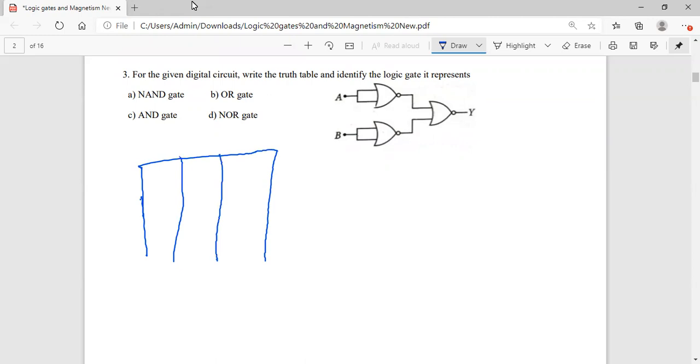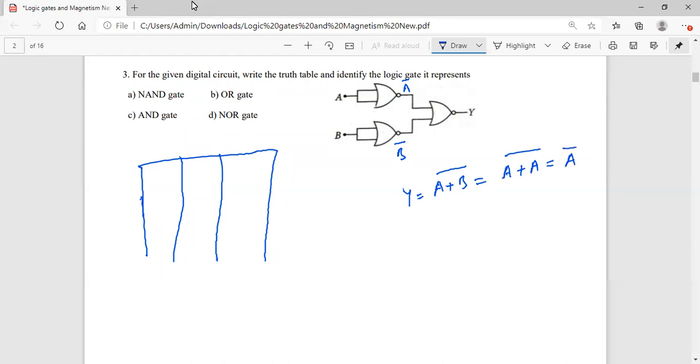So you take this is A, this is A. Therefore, this one is A bar. A, we get (A plus A) whole bar. (A plus A) whole bar is what? A bar. This is also B bar. We know that the output of the NOR gate is (A plus B) bar. In the place of both inputs it is A only, and both inputs are B only. Therefore, it's (A plus A) bar. A plus A is equal to A. Therefore, it is A bar.